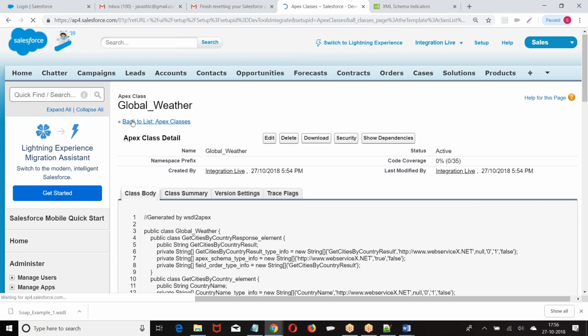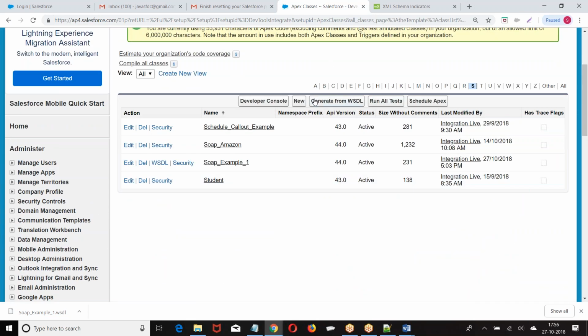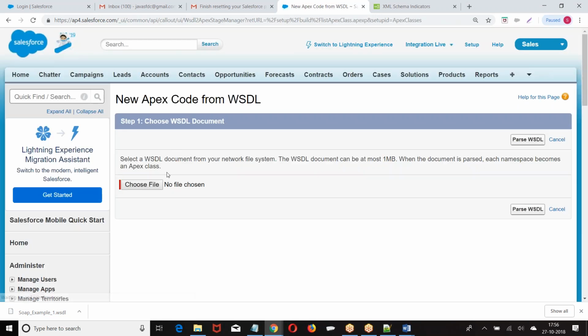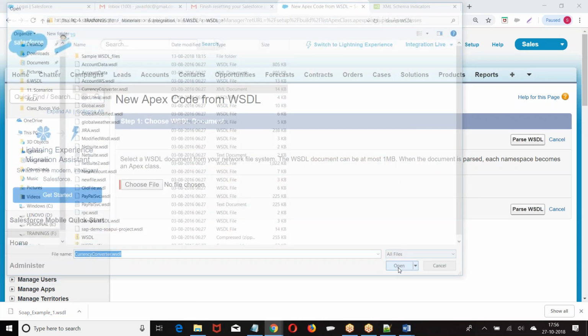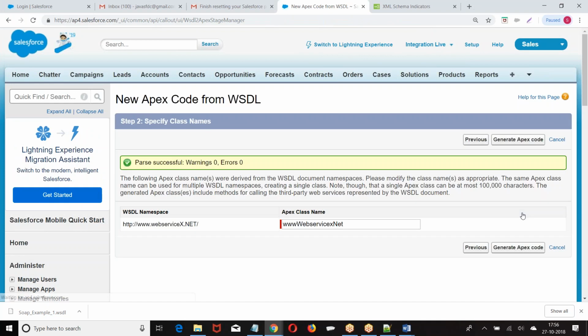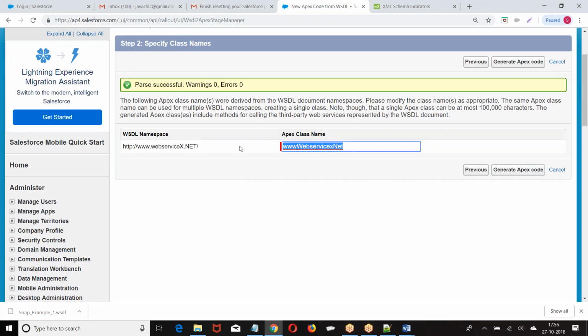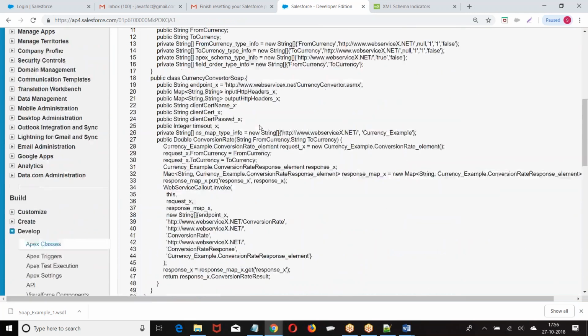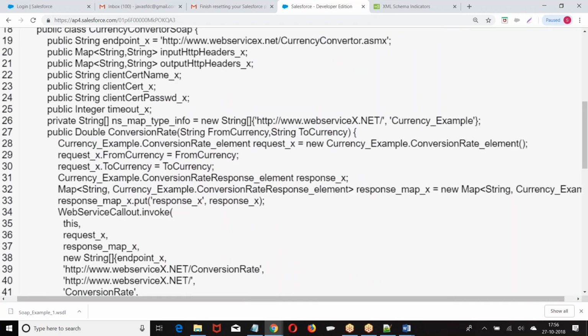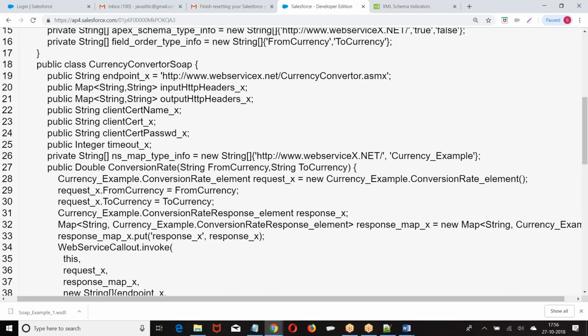So let me go back again. Then I will take a visual file, currency converter. It is also one of the .NET files. Now, are you finding any header element?